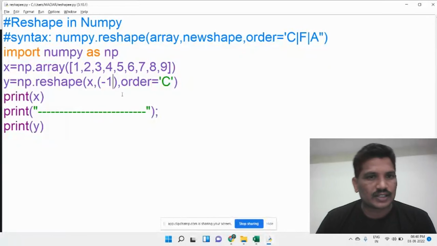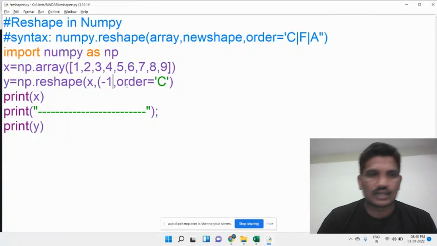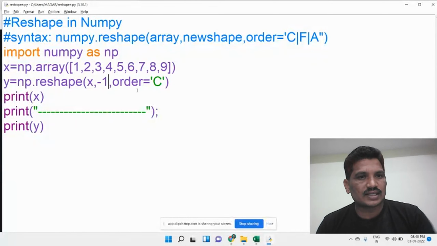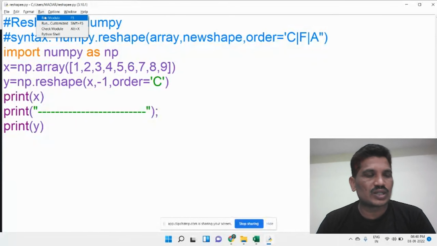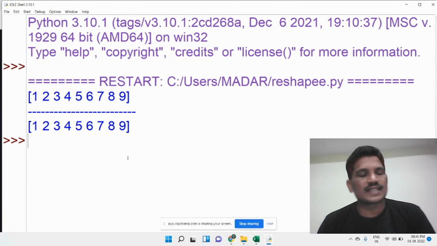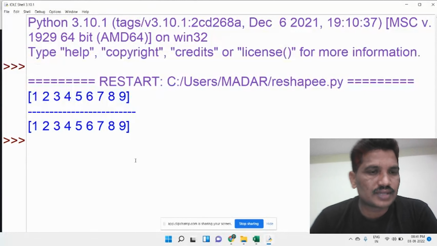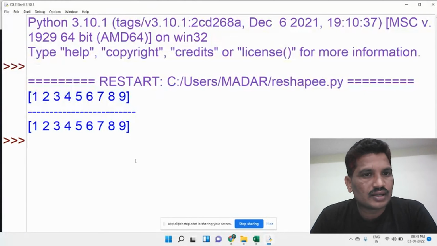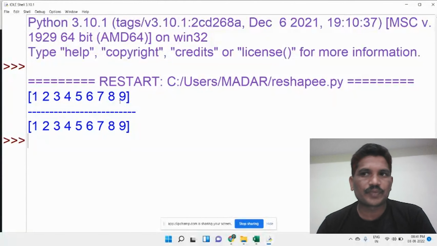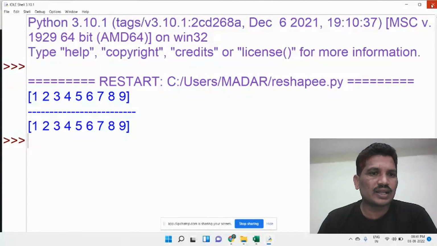The reshape is -1, with order equal to C. What is the output of the y variable? We got the same output, because no other elements or arguments have to be given. At that time, the output is the same as the input array.